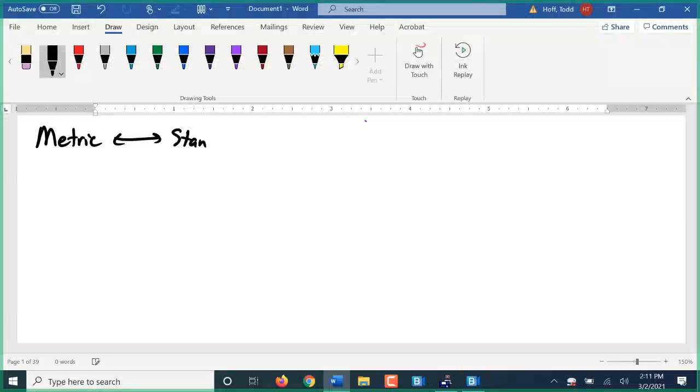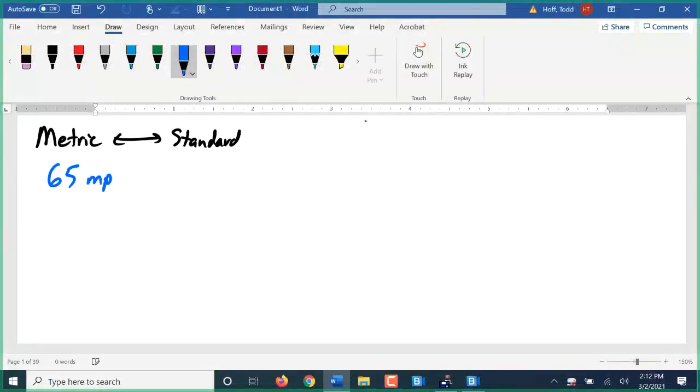We've done a little bit of this, but let's take a look here at some pretty standard or common rates that we have in the metric system that we might end up having to change over to, or in the standard system, that we might end up having to change to metric. For example,